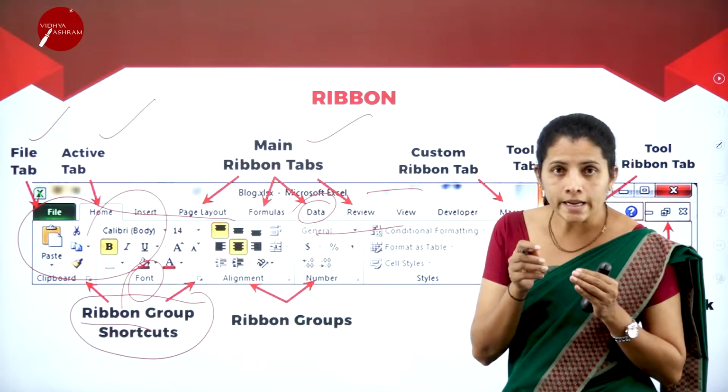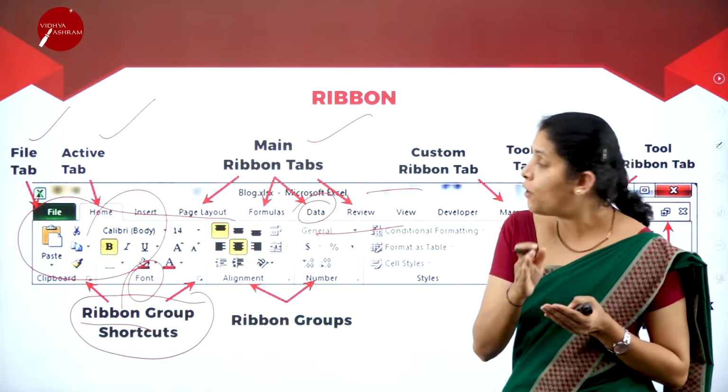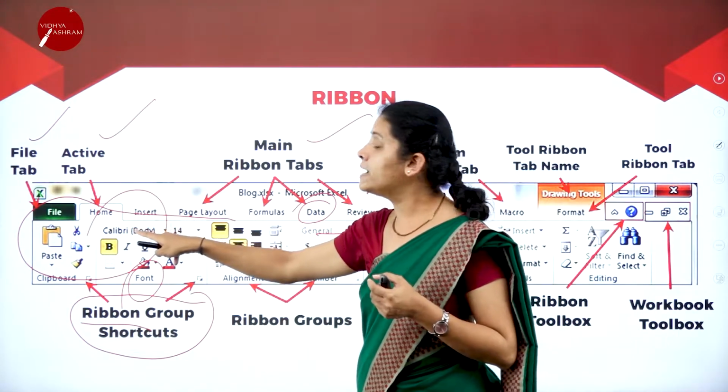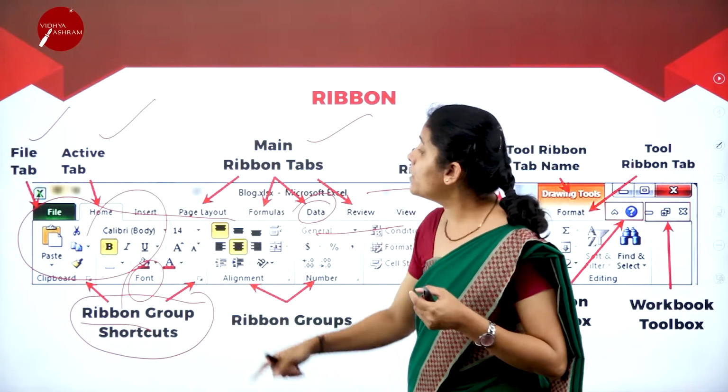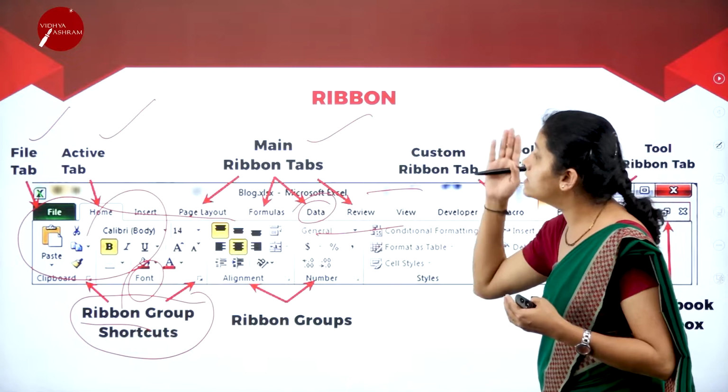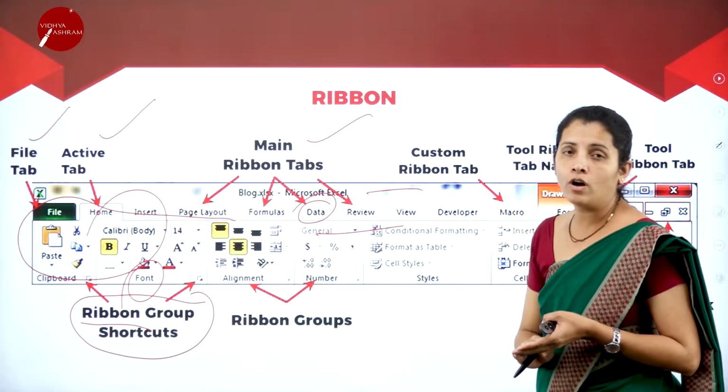If I select the group called font, under font I'm going to have the font style, font size, along with that font alignment, etc. So these are the best examples for the ribbon.